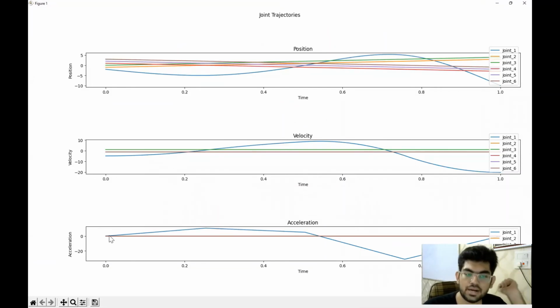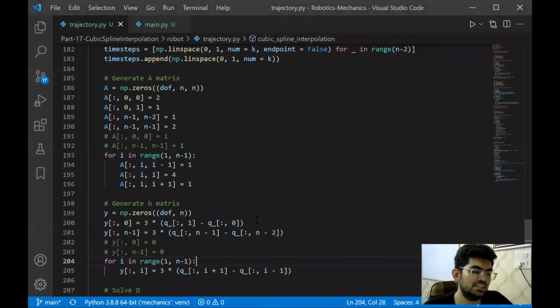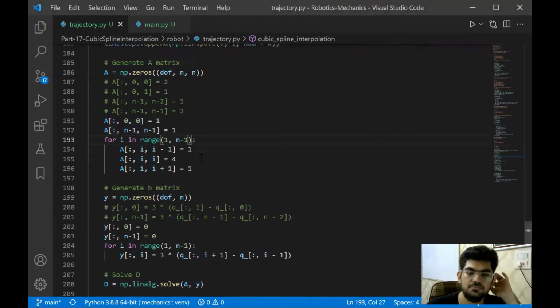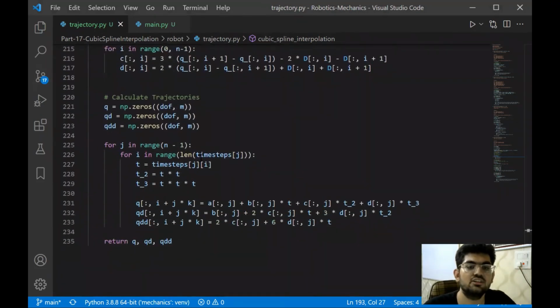It's not bad, but the problem is here the starting acceleration is 0 and the ending acceleration is 0. This is something that is good to have, but we do not have it as a requirement. We wanted the velocities to start at 0 and end at 0. But in this case, when we are putting those values over there, we are having the start velocity as some random value and the final velocity as also some random value. Well, not exactly random, but some other value than 0. So since we want the velocities to be 0 instead of the acceleration, that's why we are going to comment the other values out and put those values that we had in place. Right, that's the second thing also done.